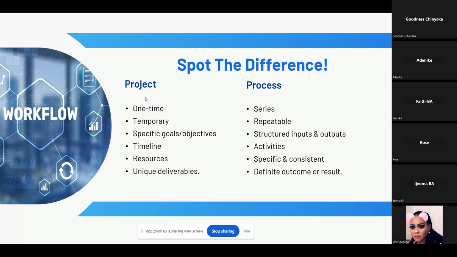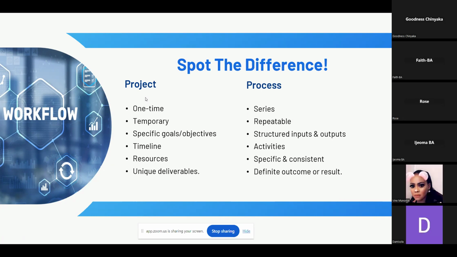Tomorrow, another project can come and say, guys, we need another BA. And then they'll come again. And so it's a repeatable task. The input and output are defined. It's the same. It's like a repeatable process. The tasks and the activities are repeatable. They're consistent. Or let me use another example. For example, an organization that sells